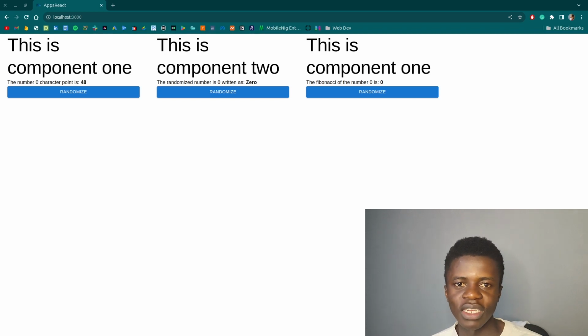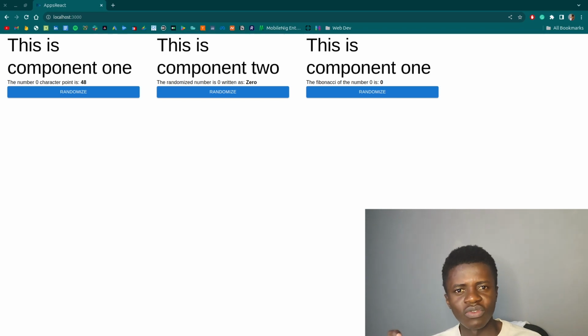The reason why we are using the context API instead of a fancy library like Redux and the rest is, number one, the context API is built into React. One of the reasons Redux really got popular was that initially the context API wasn't as easy to use, but the React team really worked on it. Don't get me wrong, Redux has its own uses. It is very robust, but it's